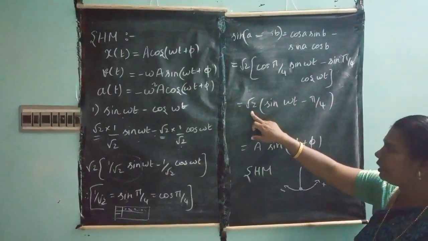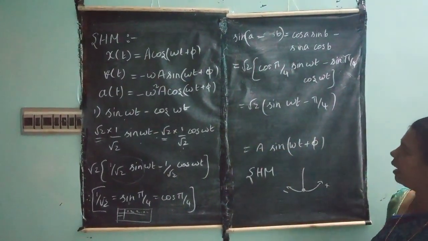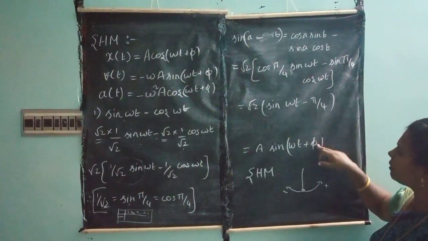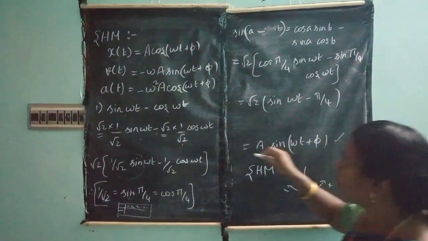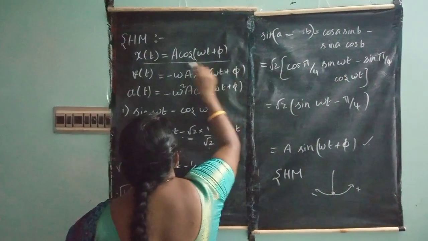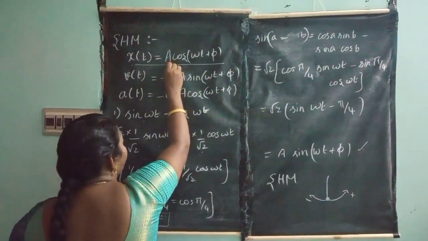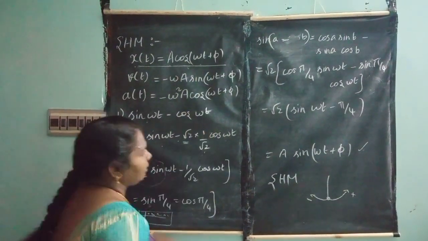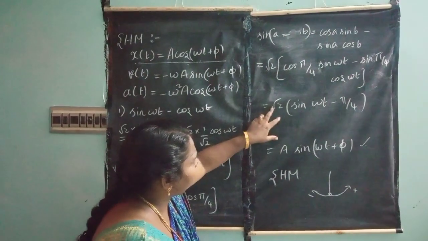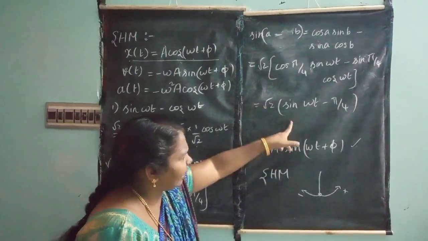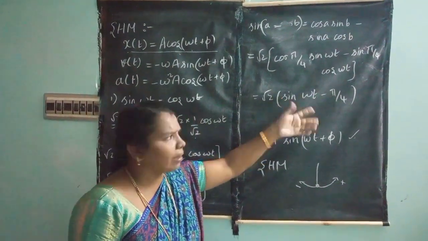So you can take this square root of 2 as the A. The square root of 2 term can be taken as the A, with sin omega t plus phi. Here, this is the term of the displacement, the x term. If it is a y term, how will you write this equation? A sin omega t plus phi. When I compare this equation, I get the same order. Instead of A, square root of 2; that is the sine term, that is the omega term, that is the phase angle. This phase angle may vary, may be positive or negative.